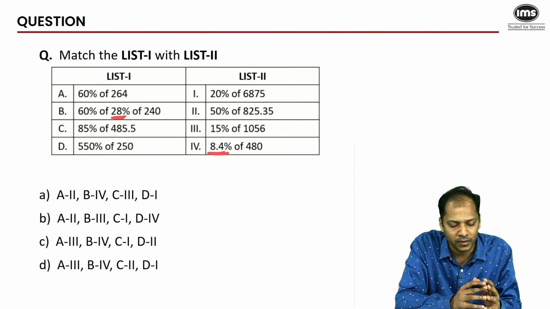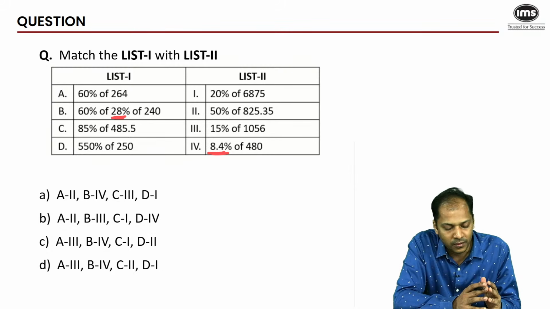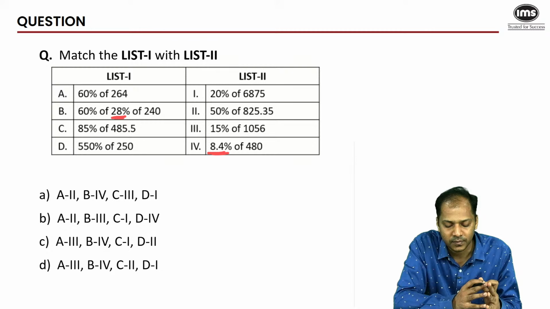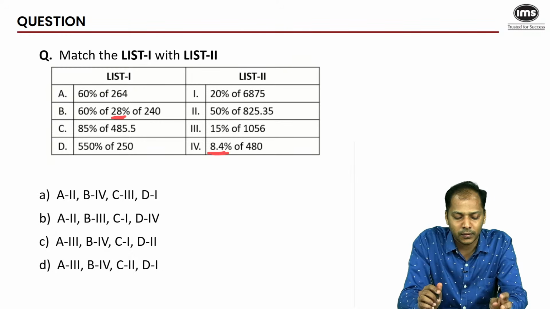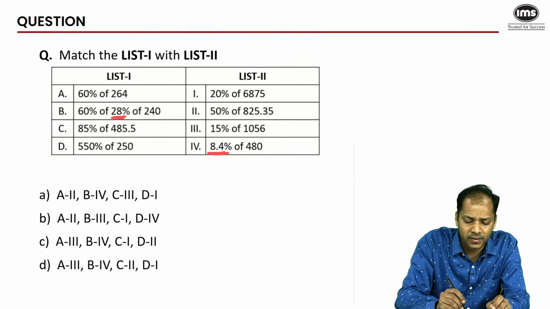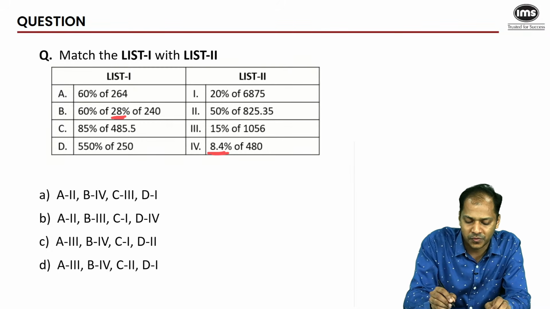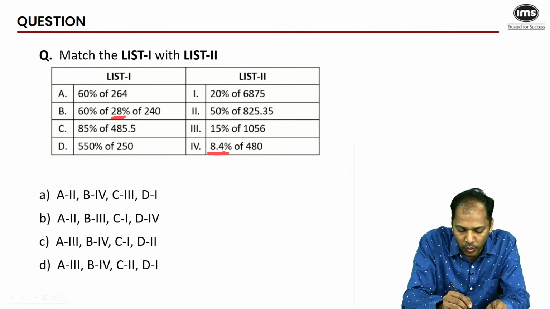84 is made up of 21, could be possible. 21 means 7. So maybe other numbers could also be divisible by 7s and such things. Although there's a 85 over here, 85 is made up of 17s. Yeah, maybe let's quickly evaluate things. So what we'll do is we'll get rid of the percentages. So for example, here list 1, or maybe we could also go by the options.